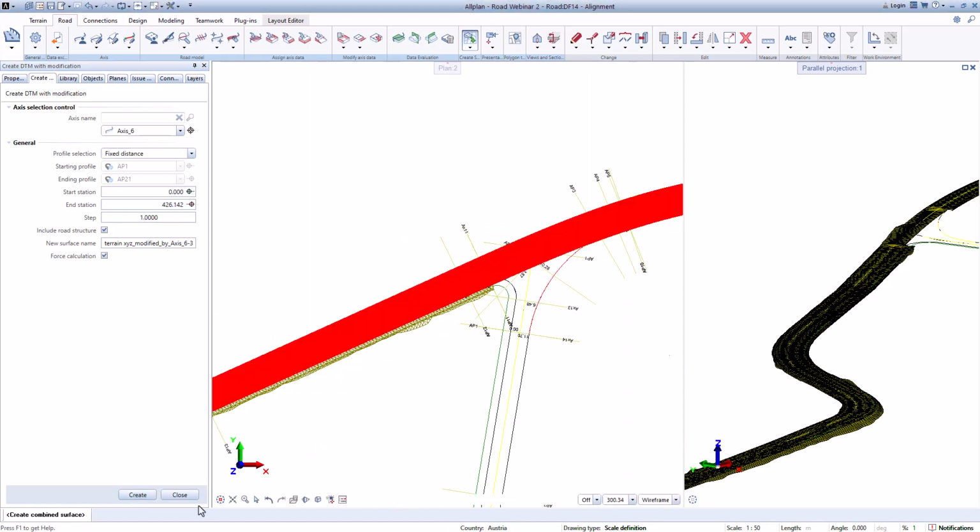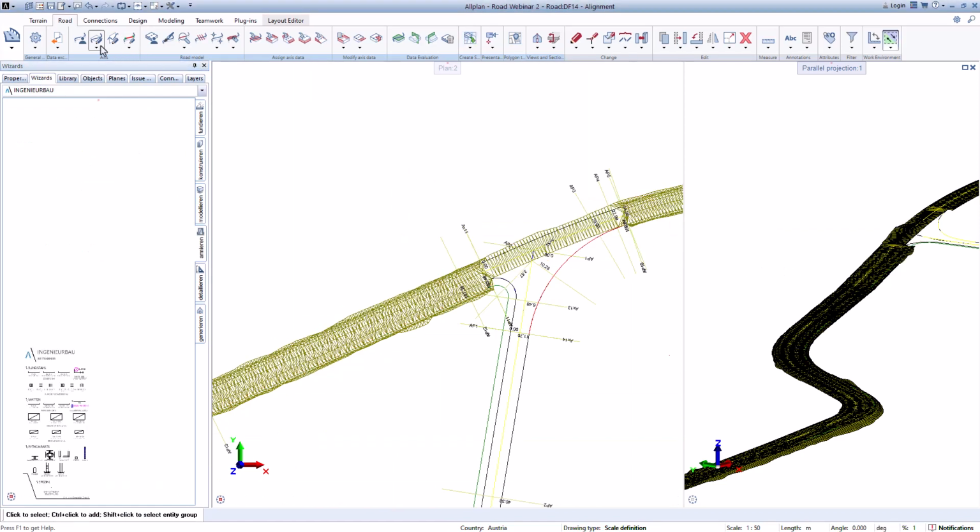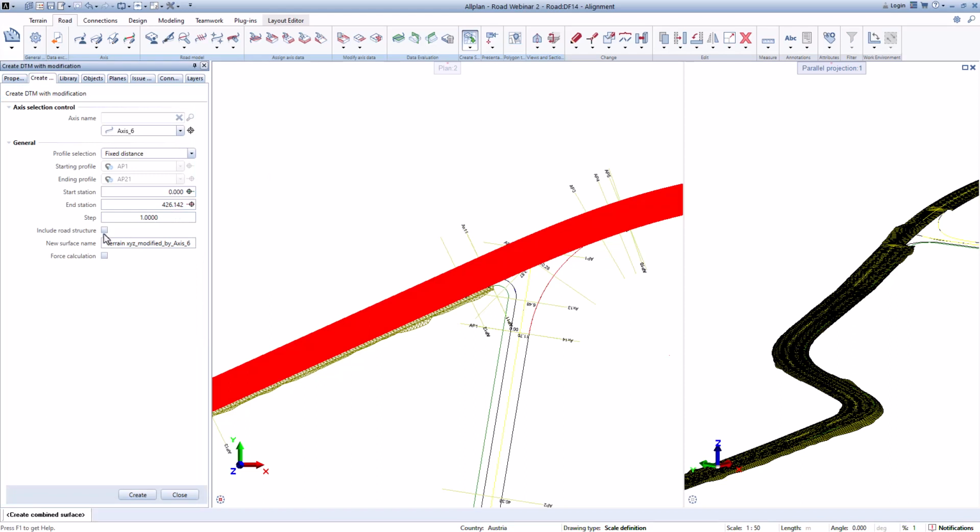Okay, close, and now again this part without this, name it 4 and create, close,